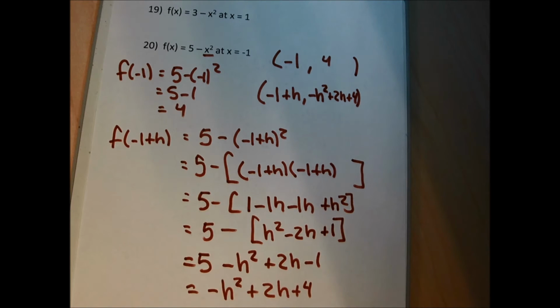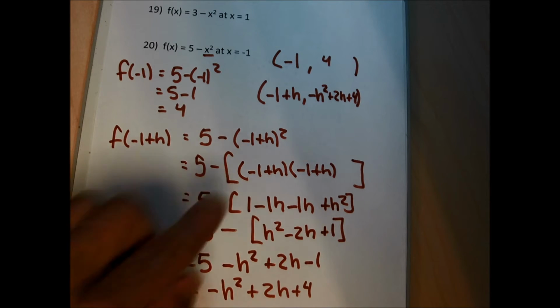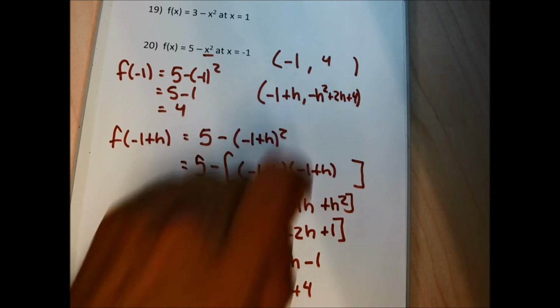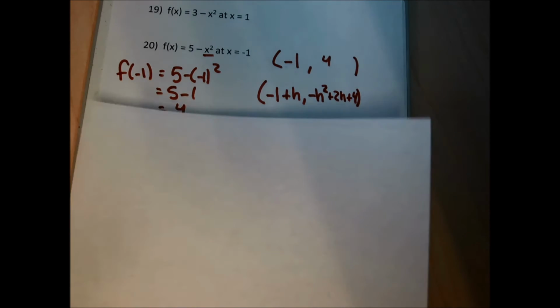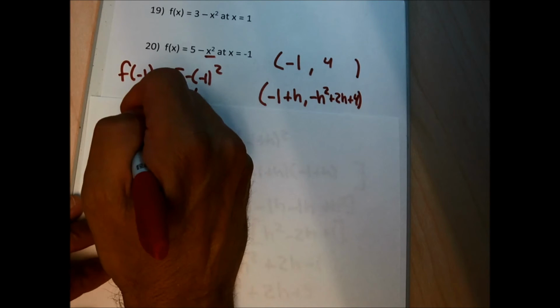Now I have 2 points, and I could find the average rate of change just by going y2 minus y1 over x2 minus x1. I could change that average rate of change into an instantaneous rate of change by making the h as close to 0 as we can get it. So I'm going to do that now. The instantaneous rate of change,